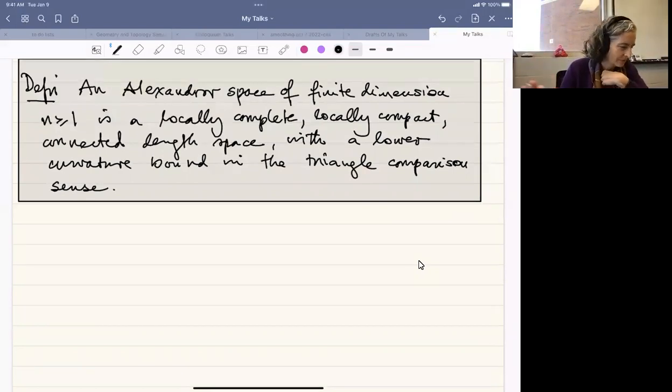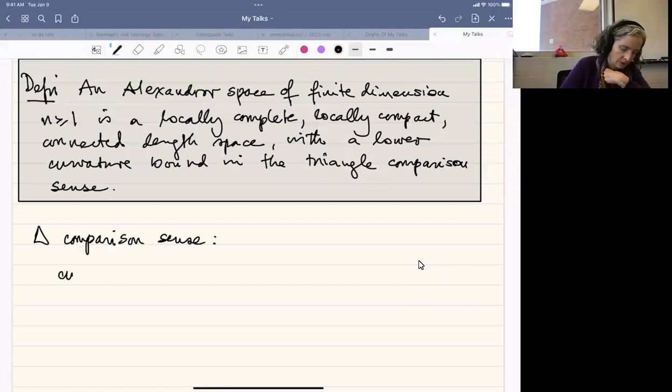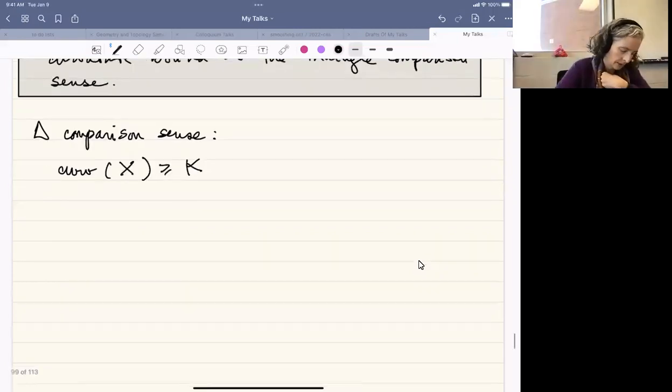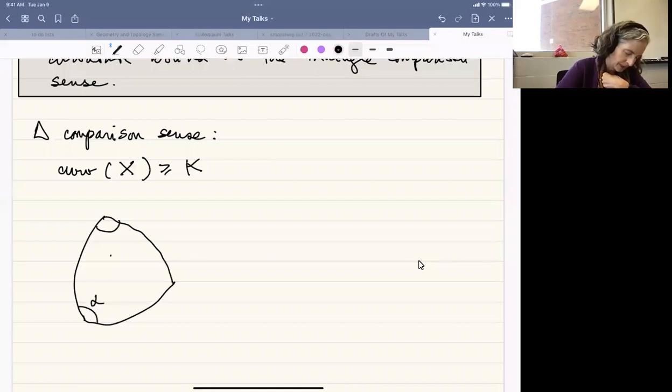Okay, so again, probably most of you have seen this, but what do we mean by triangle comparison sense? Just to review it. This means that we say the curvature of X is bigger than or equal to kappa. And that's when, if I take any geodesic triangle, I have to do it in parts. My wobbly handwriting. Okay, so if I take a geodesic triangle, imagine it's a real geodesic here, with side